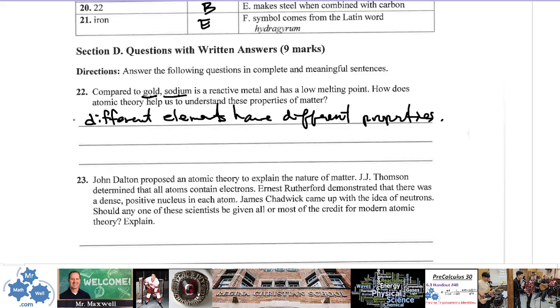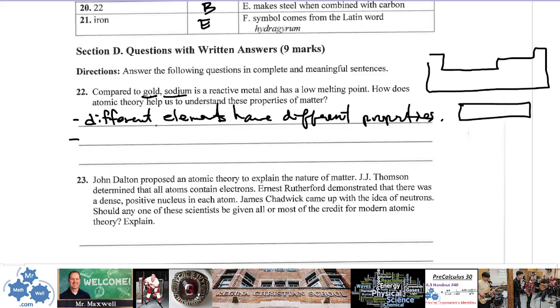Now, the other thing that we talked briefly about here was the periodic table. If you think about gold and sodium on the periodic table, here's a quick little diagram, just an outline of the periodic table. Gold is Au, and that's right around here. That's where gold is on the periodic table. Sodium is number 11, and it's right around here. So because they're both metals, they might have some similar properties. Okay? But